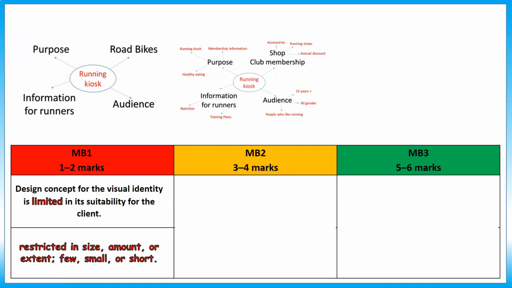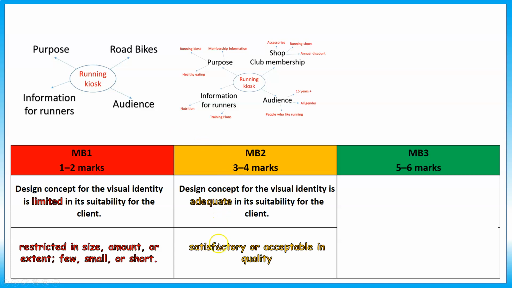Example number 2, if you look at the definition, this is adequate, so it's satisfactory or acceptable. So there's a lot more detail in this one. So on the information for running, you've got nutrition and training plans. For the purpose, you've got healthy eating, a running kiosk, membership information. For the shop, club membership, you've got accessories, running shoes, and annual discount. And the audience, you've got 15 plus, all gender, and people who like running. So pretty much you've got quite a lot of detail in there, and this is a really good one for